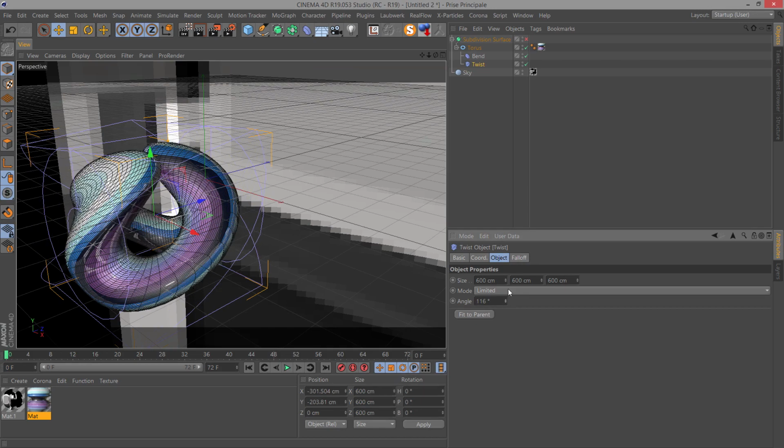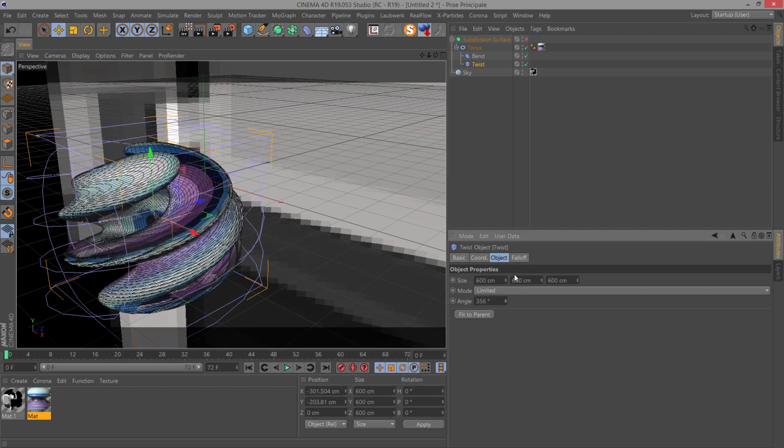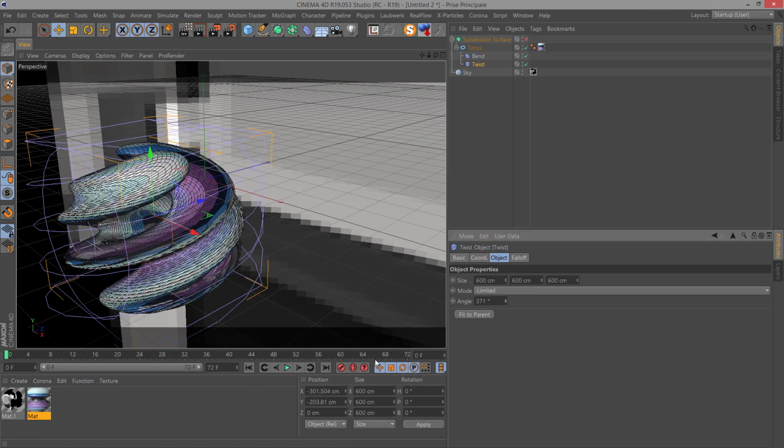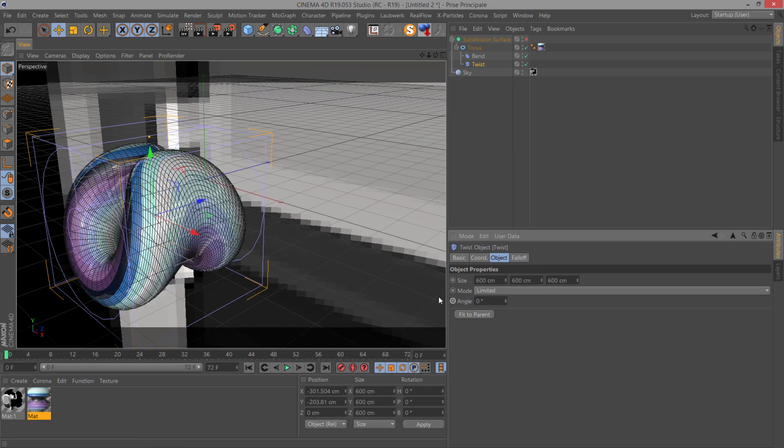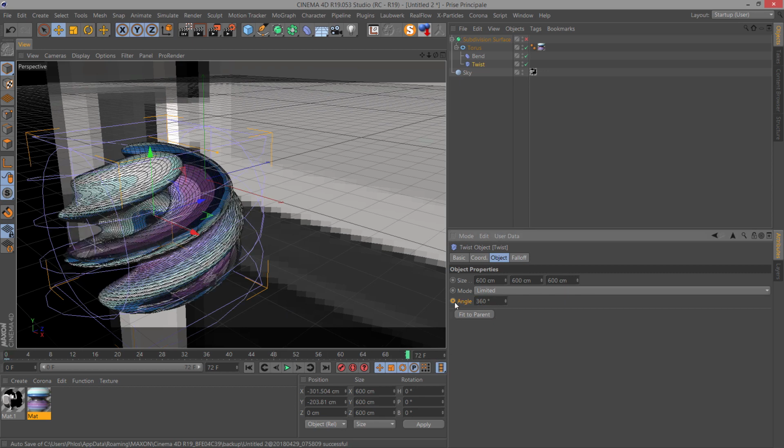You can animate it. I won't do that because if I do that, I will need to render all the frames. I want just one frame, but you can make an animation like that. You put it on 0, and here you go to the first frame, 0, and add a keyframe, and go to the end, and put maybe 360, and you got that.